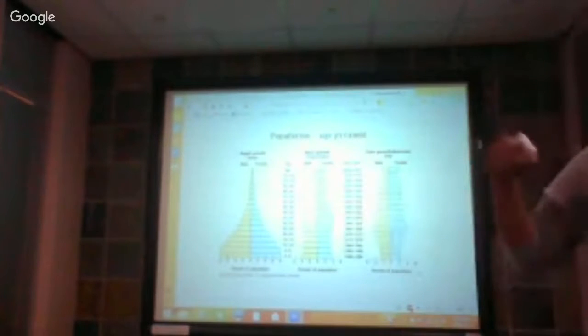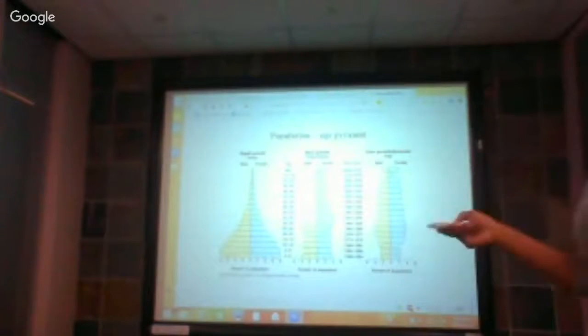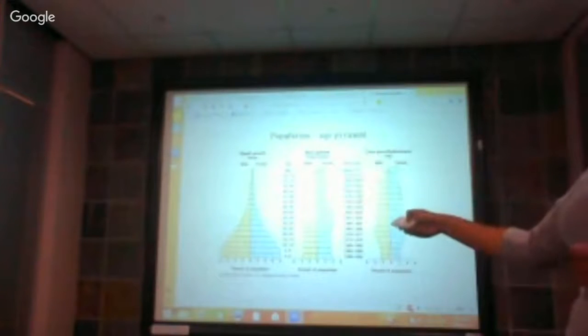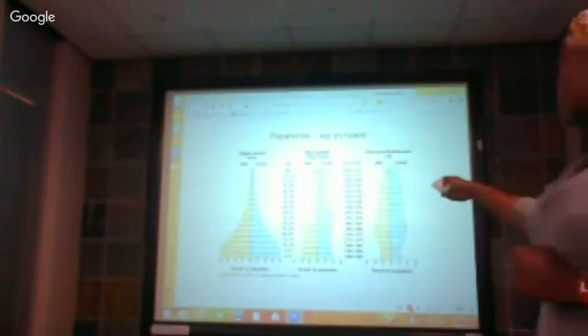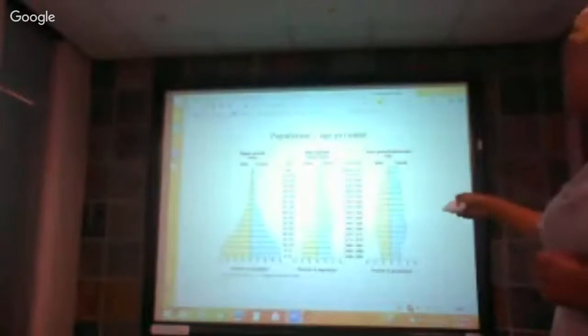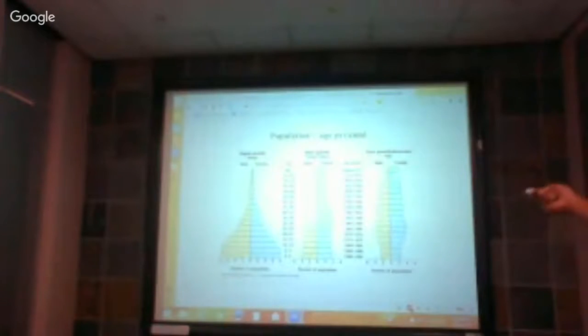How I like to remember these three graphs is that this is the African booty. This is McDonald's because of the bulge in the center, and this is spaghetti since it's Italy after all.